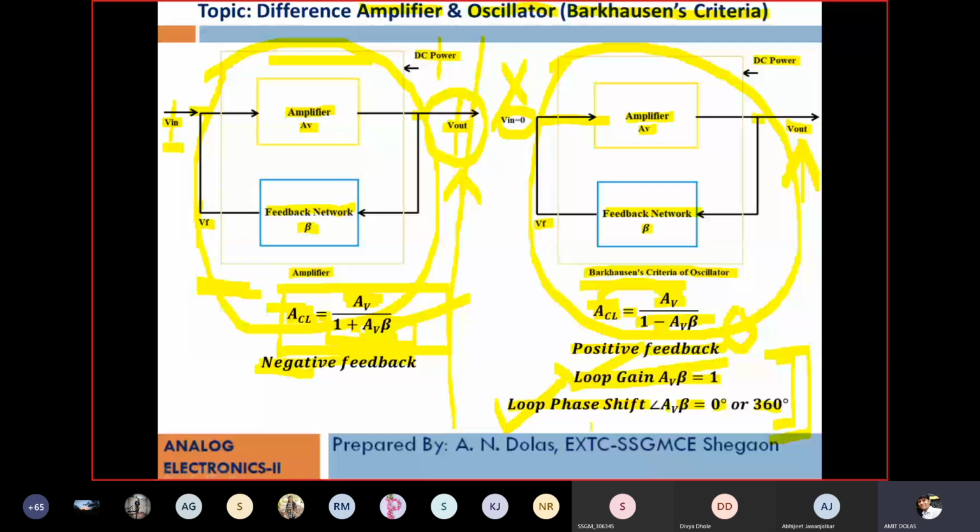So this is the small introduction of comparison between amplifier and oscillator. Again, in the question paper, nobody will ask you a theoretical question like compare amplifier and oscillator. I will let you know throughout the subject where there will be theory questions and where there will be design questions. Mostly near about 90 to 95% we have design questions in this subject. In the first unit there is a small theory part. In the last unit, PLL, there is a theory part. So I will inform you where to care for the theory part of the syllabus. Then moving to the next PPT.